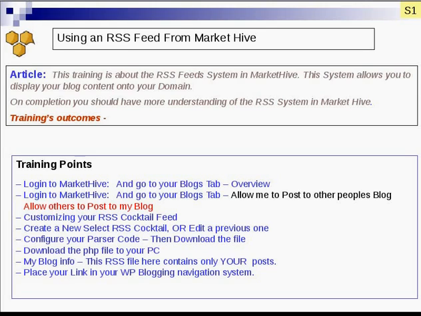The points we're looking at today are the overview of the blogging system, allowing me to post to other people's blogs and allowing others to post to my blog, customizing an RSS cocktail feed, making a new or selecting or editing an existing RSS cocktail. Once the cocktail is configured, download the Parser code to your PC, then upload it using FTP to your domain,